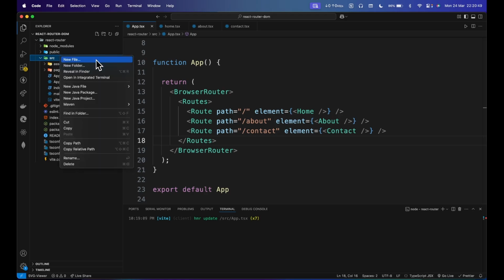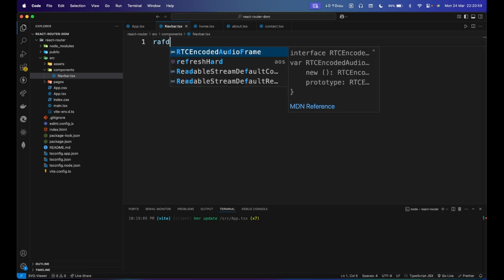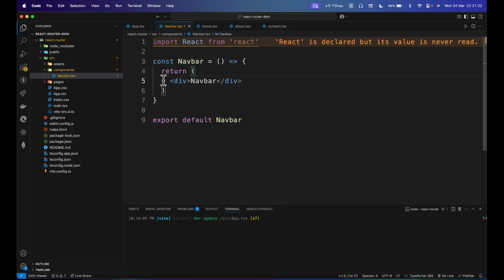Let me create a new file in the components folder, navbar.tsx, and let's say it is a nav bar which will simply return a nav, and inside this nav we will be having, let's say, three buttons. So how will you create a button which will navigate us to the about page, contact page, or home page? So here React Router DOM provides us the